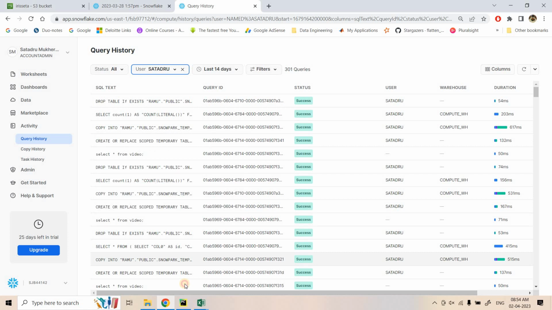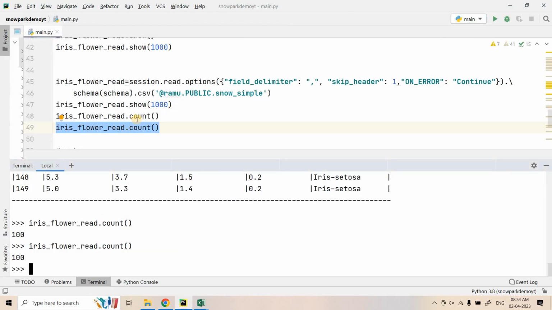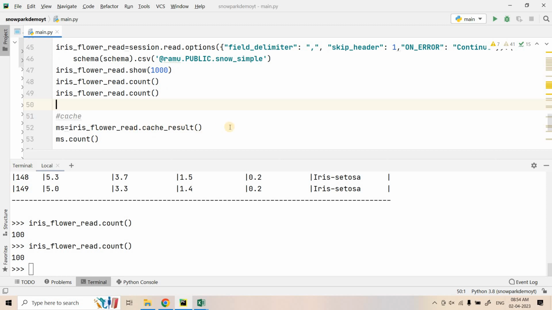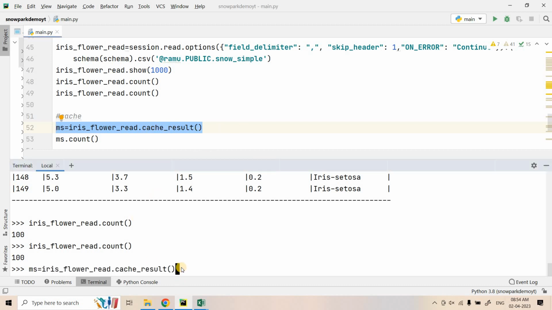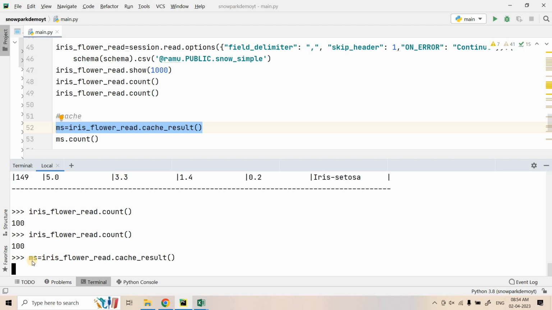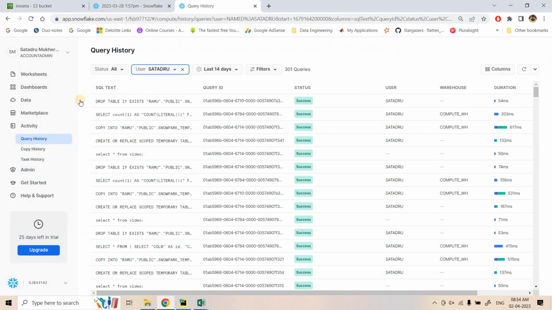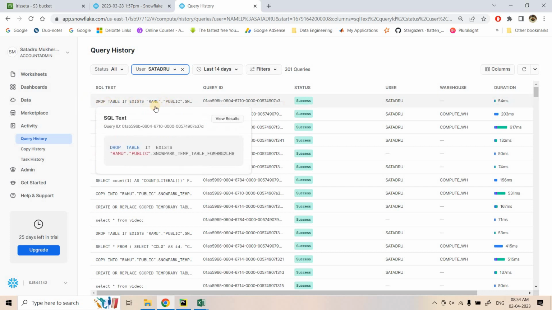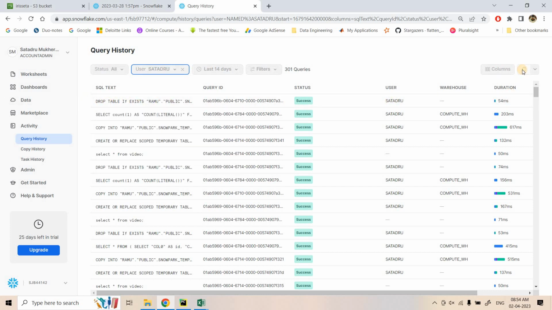So what we can do, we can cache the data just like in PySpark to avoid again and again computation. So here, to cache the result set, you can execute this kind of command: df equal to iris flower read dot cache result. Okay, so let me do that. So here I have done it. Now here the last query was drop table. If I refresh,